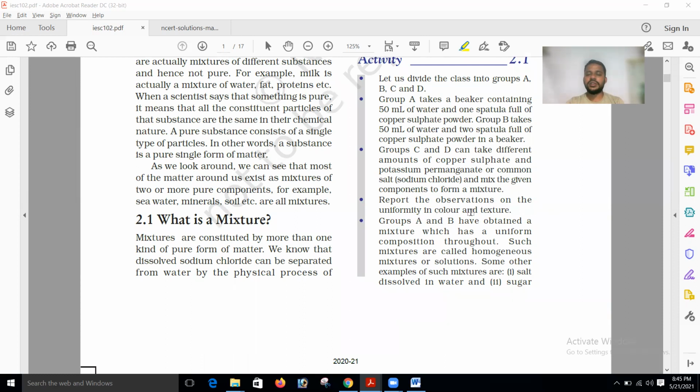Report the observations on the uniformity in color and texture. মানে এটা কি হৈছে তেওঁলোকে এইখিনি কৰাৰ পিছত কি তুমি কি অবজার্ভ কৰিলা কি দেখা পালা এইখিনি কি কৈছে এটা টেবুল হিচাপে তুমি বনাই পেলাই অবজার্ভ কৰি পেলাই লিখিব দিছে। Groups A and B have obtained a mixture which has